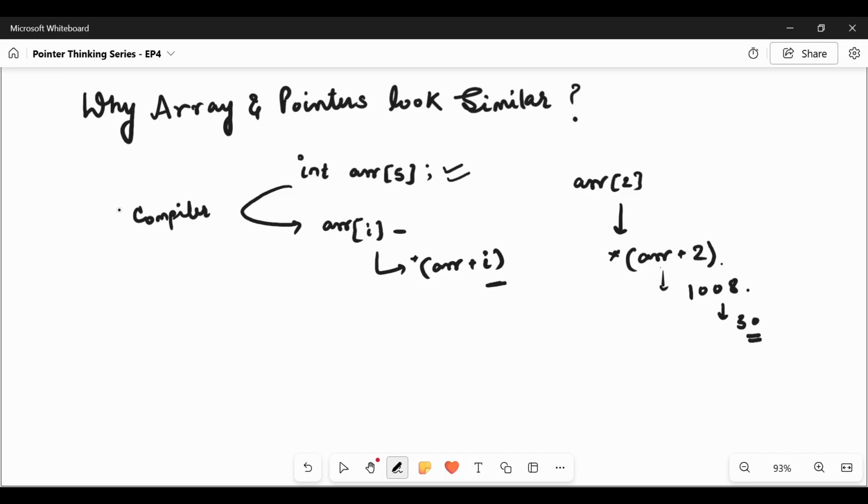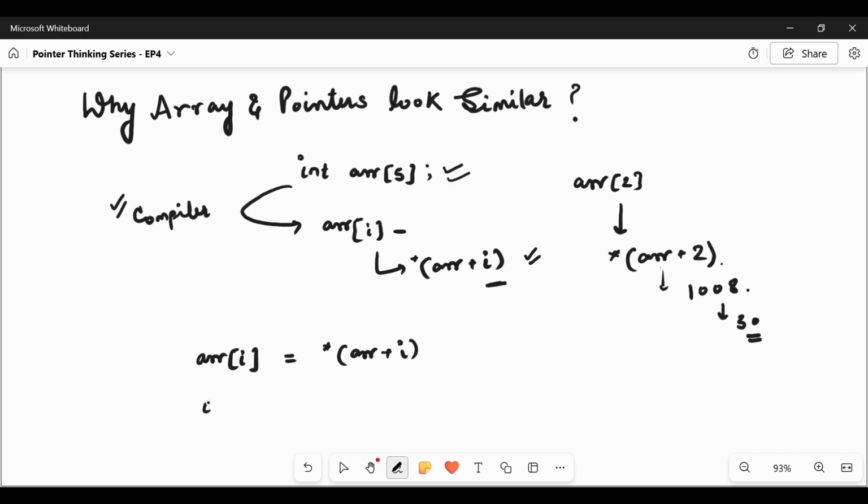So this is because of the compiler, which internally transforms our array into the pointer type. So we can say that when we are declaring array of i, it is directly converted by the compiler into a pointer expression.